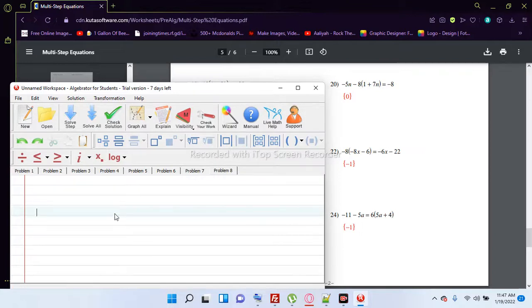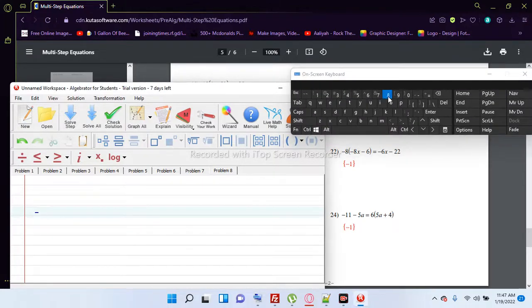Okay, let's see. Negative 8. Then we could do a parentheses here. They have a parentheses right here, so you click that. Negative 8x. You backspace. Okay, yeah, backspace. So it's negative 8. Okay. Negative 8, and then another negative 8x. Minus 6. Equals